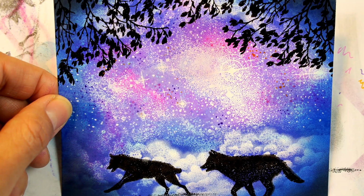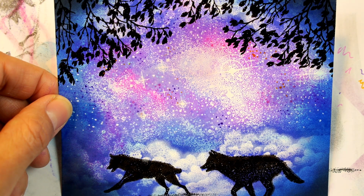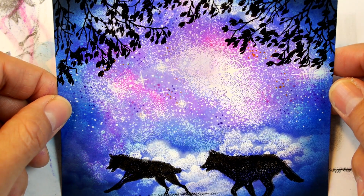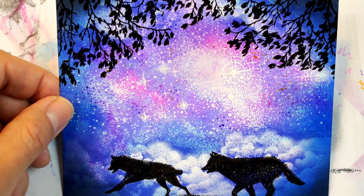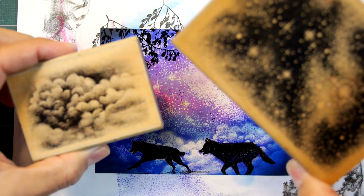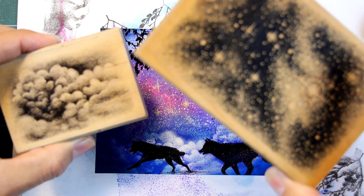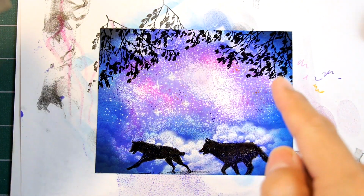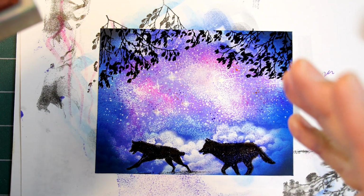This is a fairly quick scene to do that utilizes imagery in a very simple fashion, but hopefully it looks relatively complex in terms of the end result. On this one right here, we use Cloud Cumulus and the Milky Way, in case you want to do a little stamp along here. And I've gotten a nice varied impression of the Cloud Cumulus in different